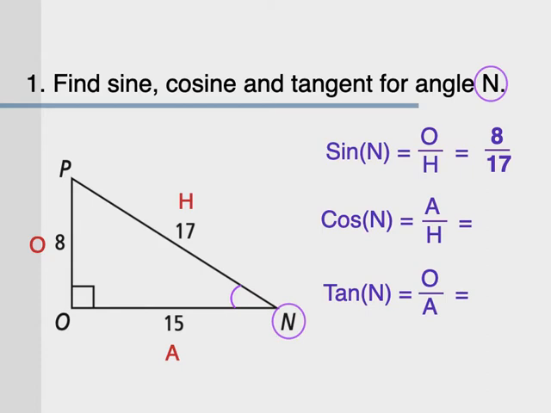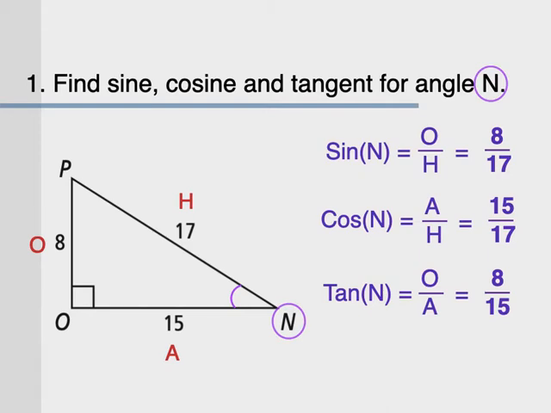Cosine, what would cosine be? If cosine has to be adjacent over hypotenuse, it would be 15 over 17. What about tangent? Opposite over adjacent, so 8 over 15. We're done. We have our three ratios, or three trig ratios, sine, cosine, and tangent, figured out for angle n